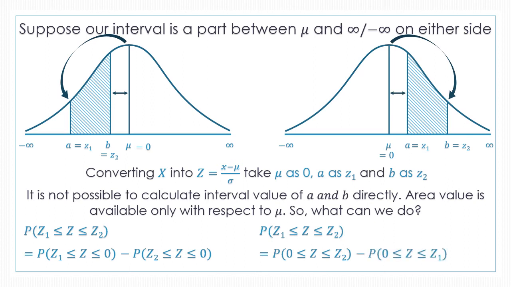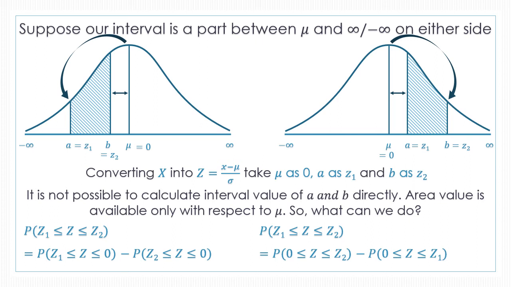So Z1 to 0 and Z2 to 0. If I take the difference of these, I will get the remainder, that is Z1 to Z2. Take an example: if I am living in Valsad, I know my distance from Valsad to Surat. I also know the distance from Valsad to Ahmedabad, and I want to calculate the distance from Surat to Ahmedabad. So I will first take the distance of some 400 kilometers from Valsad to Ahmedabad, and then deduct that 100 kilometers of Valsad to Surat,